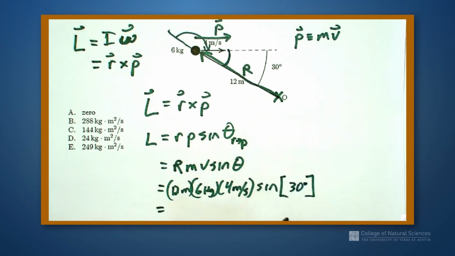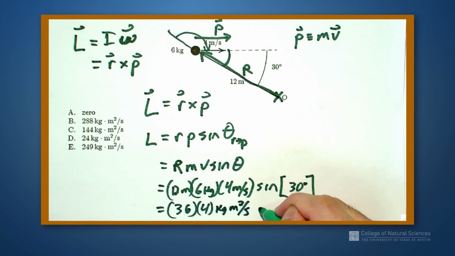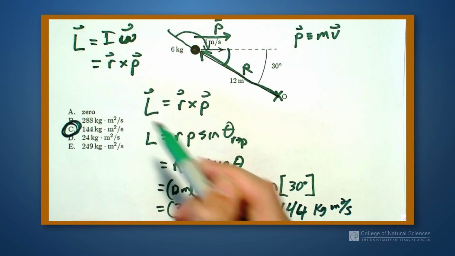I always want to check the angle to make sure it's a mutual angle between the vectors. So this is going to be 12 times 6 times 4 times sine of 30. Sine of 30 is 1/2. So I get, 6 times 6 is 36 times 4. That's going to be kilogram meter squared per second. That's the right units. 36 times 4 is going to be 144 kilogram meter squared per second. So I get answer choice C being the right